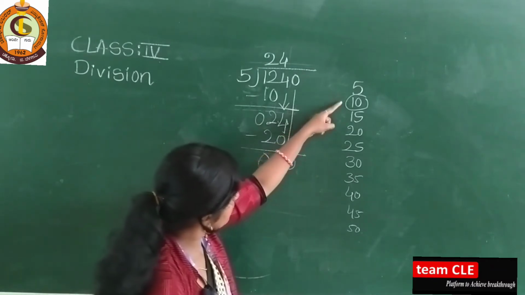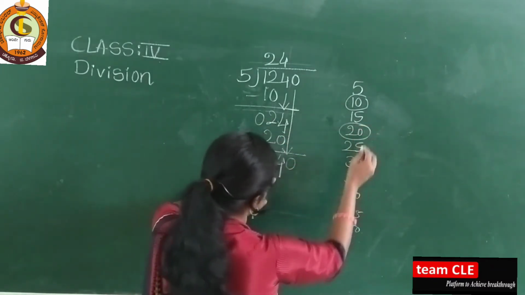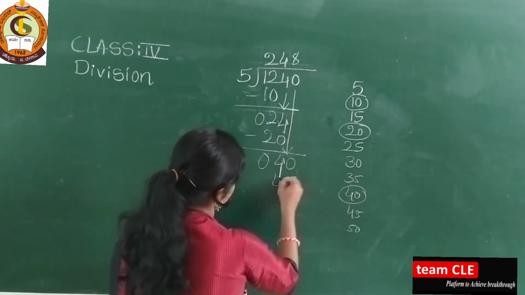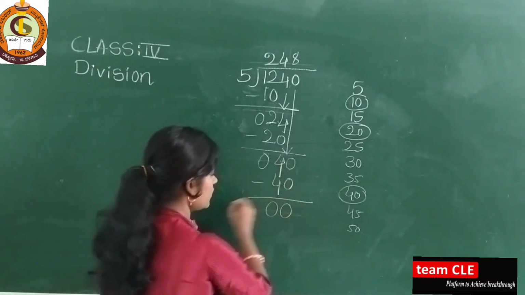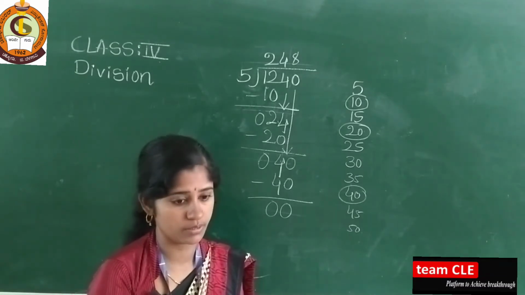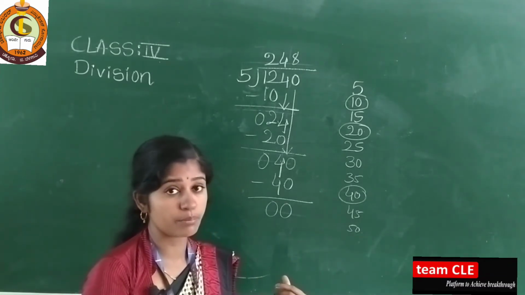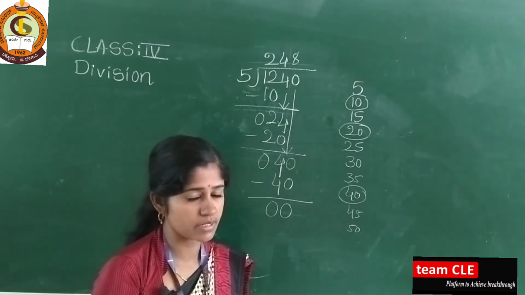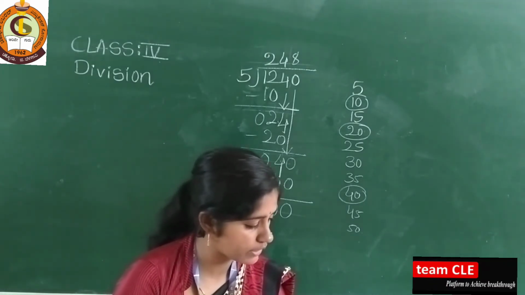How much are 40? See here. So here less than 24 is 20, I took this. Next here 40 is there. 5 8s are 40, and this becomes 0 minus 0 is 0, 4 minus 4 is 0. So this type you need to divide the numbers. Got it? So if you practice these examples, then only you are going to solve the 2-digit divisor as a number. Okay. So let us take one more example.